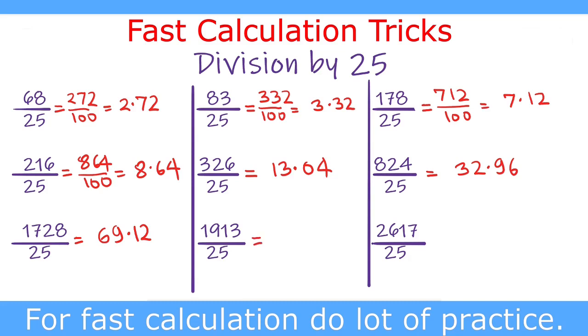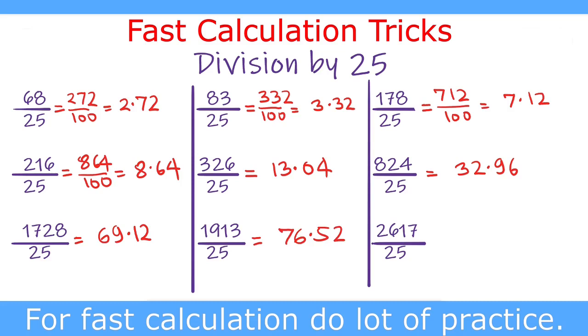Now 1913 divided by 25. We are dividing it by 100 first. So it becomes 19.13, and then we multiply it by 4. So 19 times 4 is 76, and 13 times 4 is 52. So this becomes 76.52. Our next question is